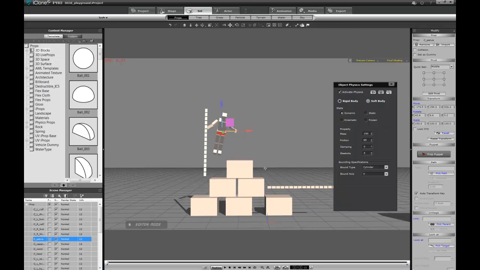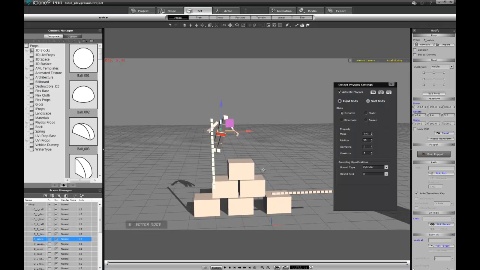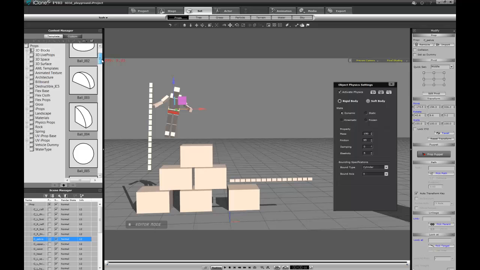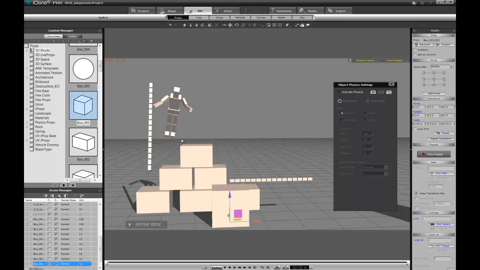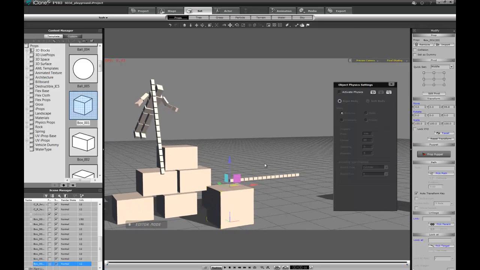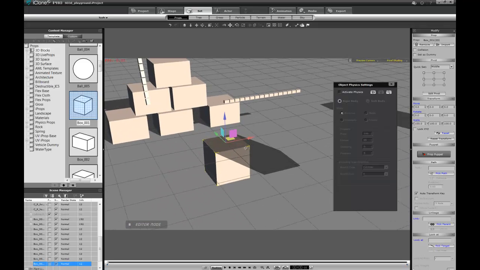Alright, and I will show you, oh, I forgot, I was going to show you how to do the rope. So I will do this real quick for you guys. The first thing we got to do is go ahead and bring in a cube. Very simple. Next step is I'm going to switch the pivot point from being on the bottom all the way to the top using the new quick set for pivots. Then I'm going to go ahead and click on the reset button so it snaps back to the origin of